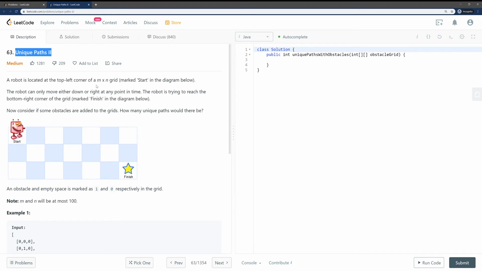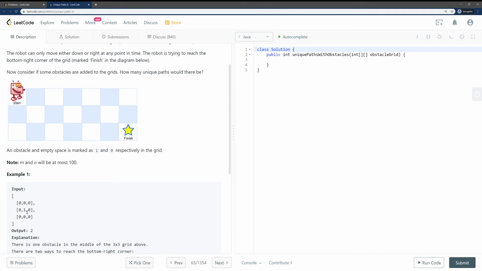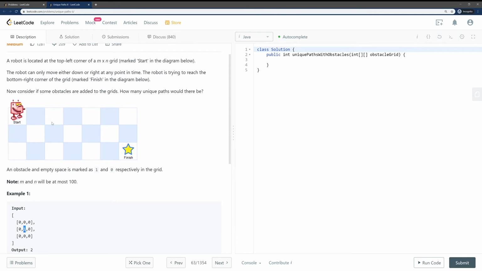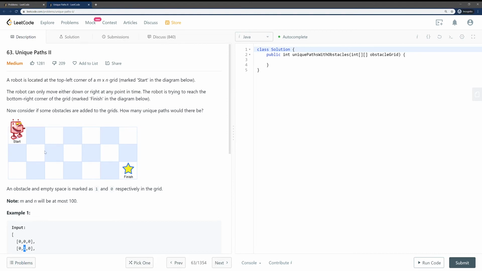So the main difference between the previous Unique Paths LeetCode problem and this one is that in the 2D grid there would be some obstacles, which would be represented by 1. That means if there is any 1, there might be some pothole or some dangerous cell, then the robot cannot reach. So the main idea of this problem is that the robot is in the 0, 0 location of a 2D grid